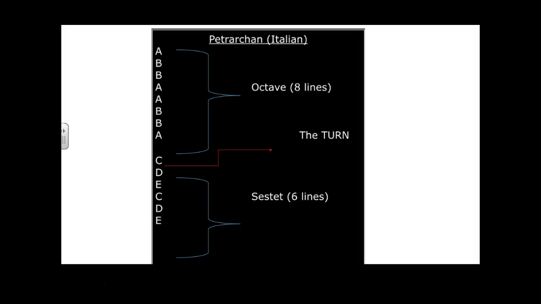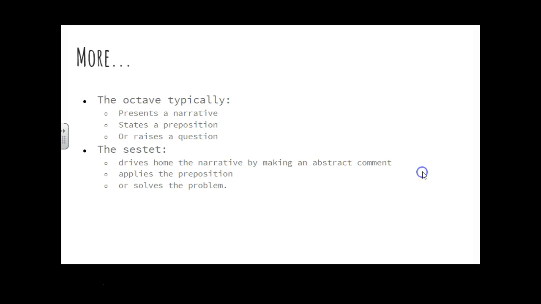Okay, it's just a different form. It'd be like a different type of essay, right? You write expository and then you write argumentative. Same thing with sonnets, okay? There's a Shakespearean, there's a Petrarchan. No, it's that first line. Sorry, my line was a little low. Okay? It's that first line of the sestet. So here's more on it, okay?